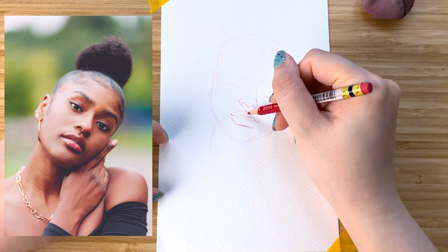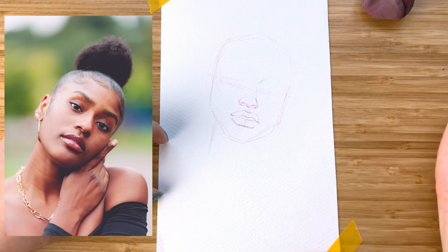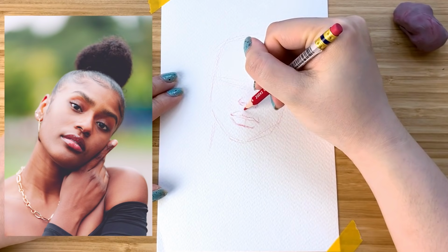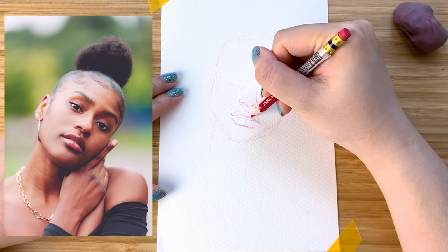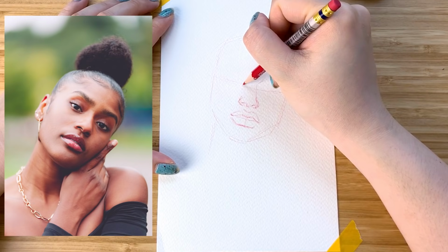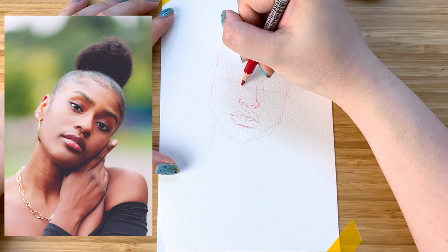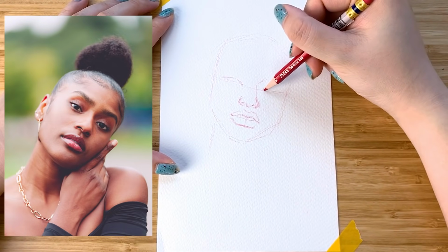I'm kind of just looking here, and it looks like we're kind of getting off center there. So if I line that up there, what we're gonna do is want the Cupid's bow to match up with the nose here. And then how I usually go about it is the inner corner of the eyes roughly line up with the outside of the nostril, and start out by drawing the top